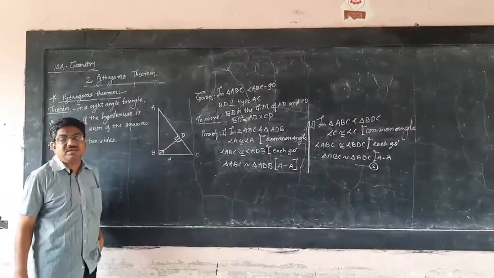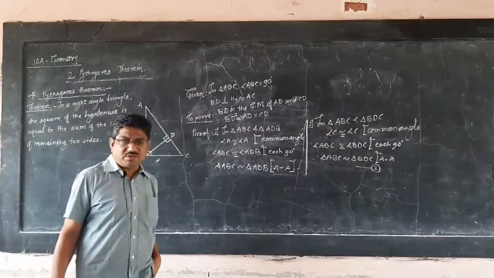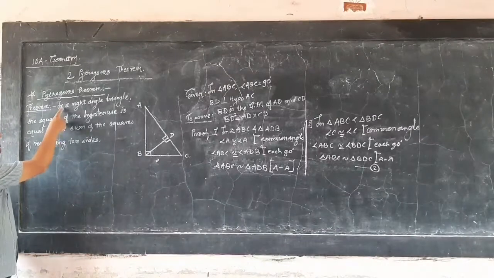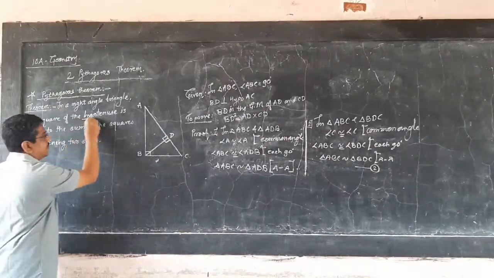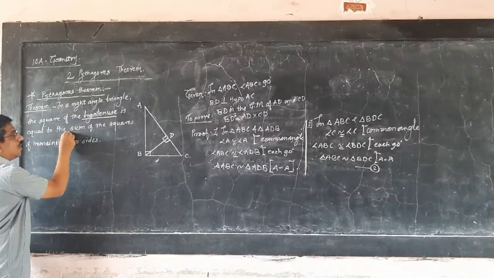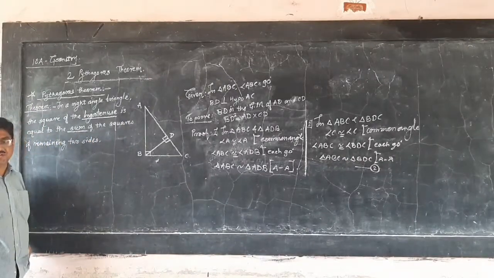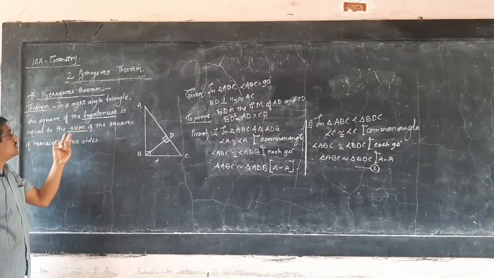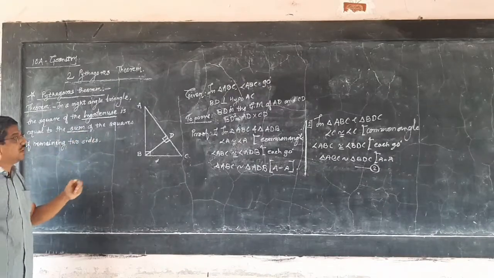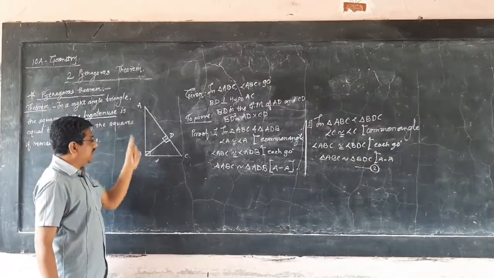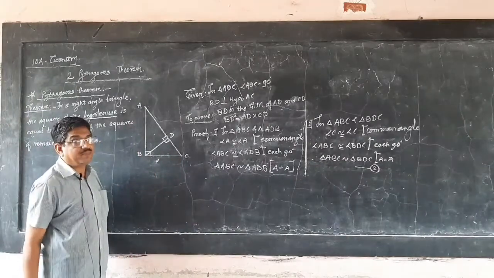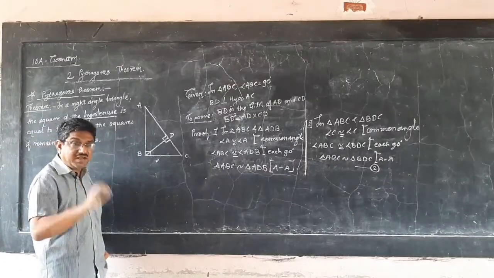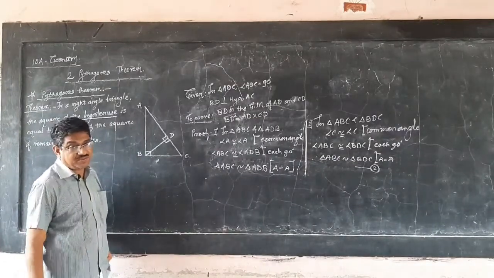Now students will study the Pythagoras theorem. We have to prove the Pythagoras theorem. You know the Pythagoras theorem. The theorem is: in a right angle triangle, the square of the hypotenuse is equal to the sum of the squares of the remaining 2 sides. The square of the hypotenuse is equal to the sum of the squares of the remaining 2 sides. Now the same figure I have drawn, triangle ABC. Again remember, I will try to use the same figure, same technique, for how to write the correspondence.